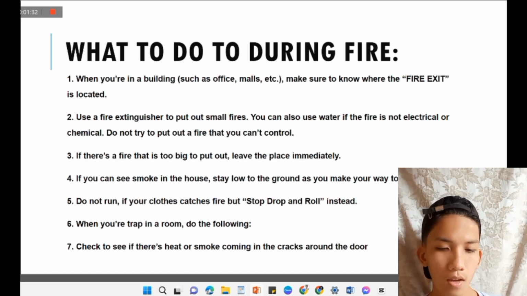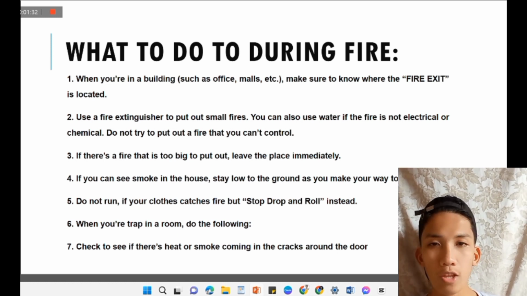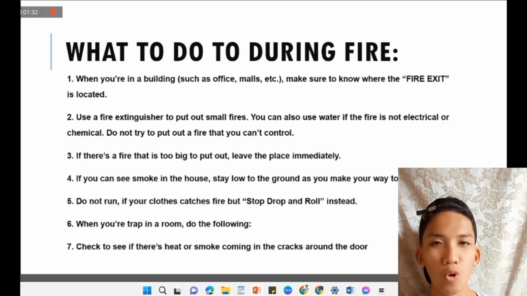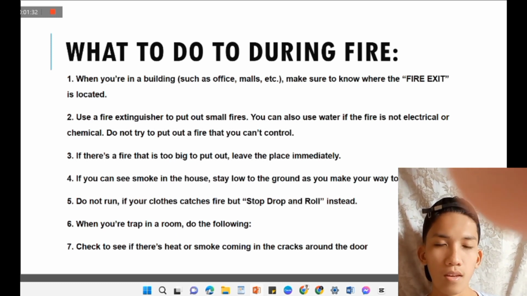Number 4, if you can see smoke in the house, stay low to the ground as you make your way to the exit. So kapag nakakita ka ng usok sa inyong bahay, you just